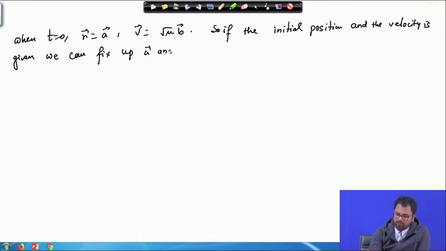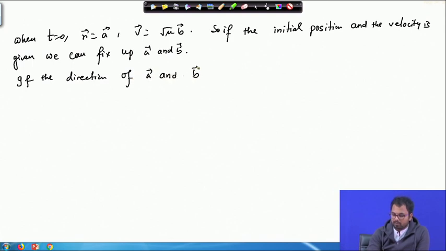If we have the velocity of the particle and the initial position, let us say that vector r, then we can fix up these constants a and b. And if the directions of a and b are taken as the x axis and y axis,